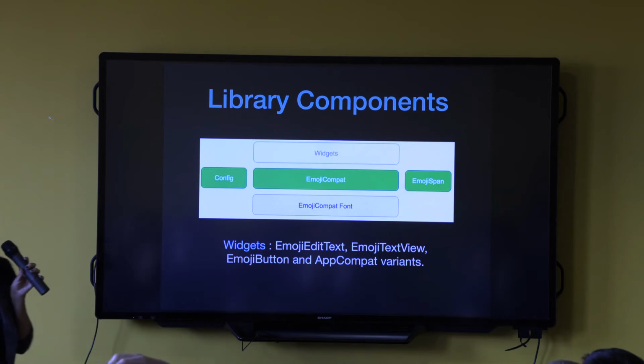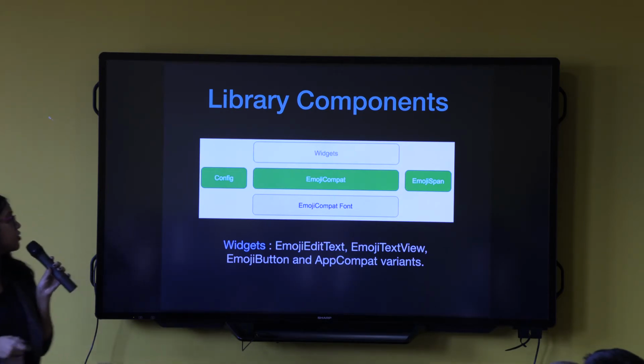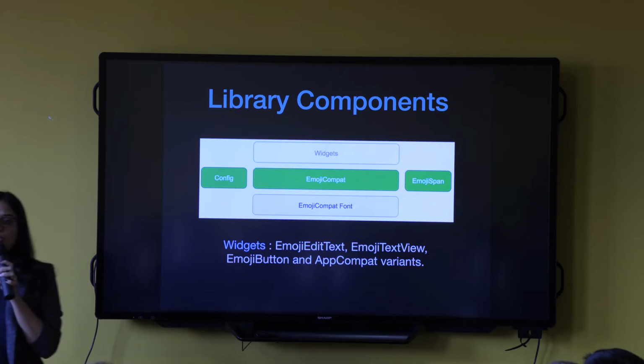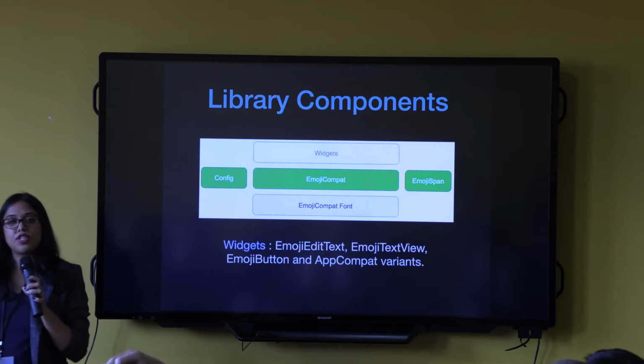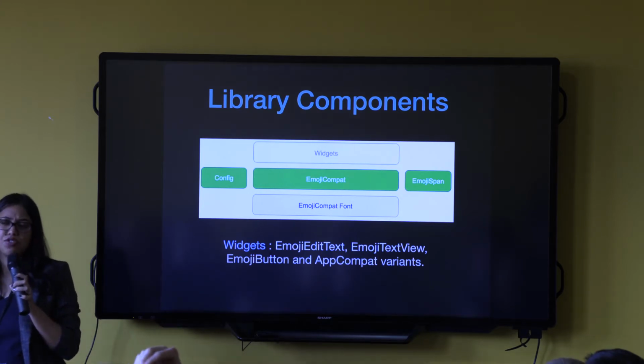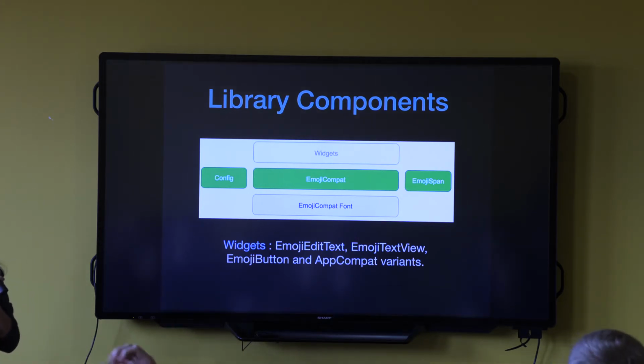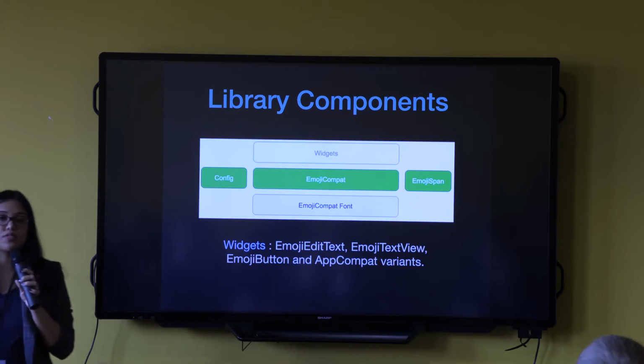So yay. The library components, we just discussed emoji span and emoji compat font. There are also widgets like emoji edit text, emoji text view, emoji button, and the app compat variants that will render emojis out of the box. You don't have to do anything special. And then there's actually two ways of configuring